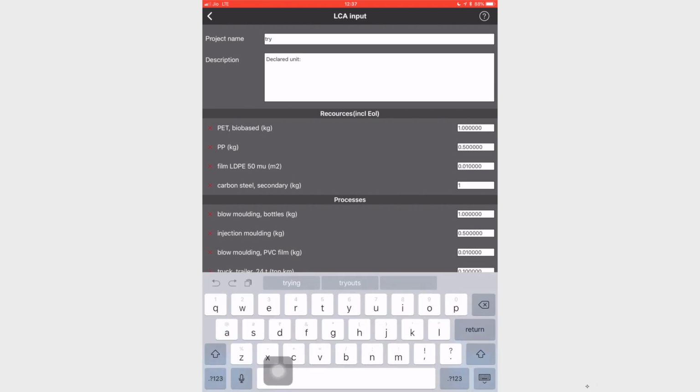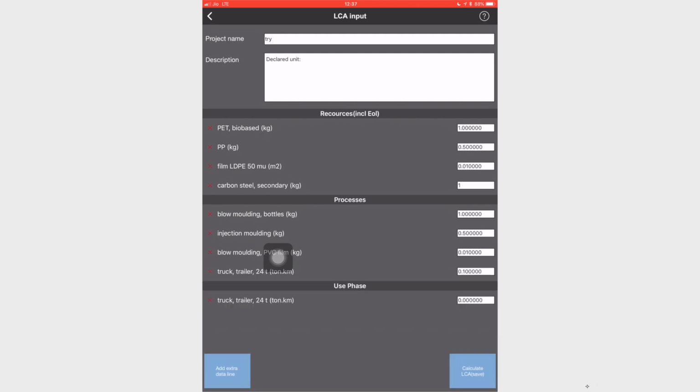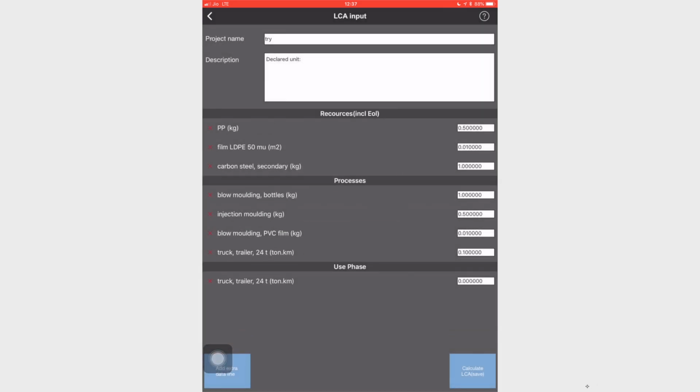You change the project name over there to not have any kind of confusion. Then you can see these red crosses. So, I can cross the PET bio based and I can add the alternative material which I want to add over there. Similarly, I can do the same with processes.